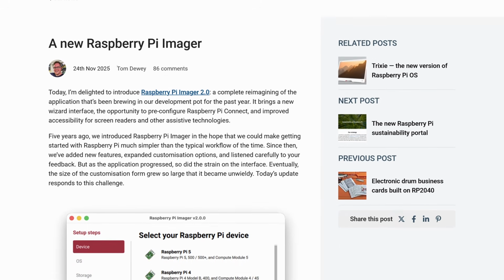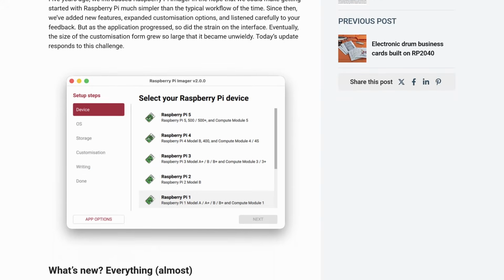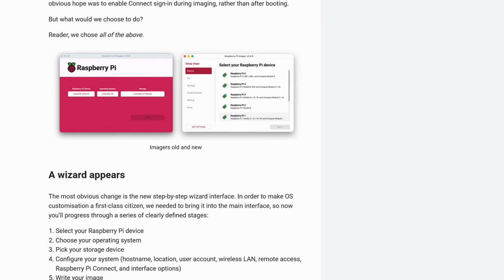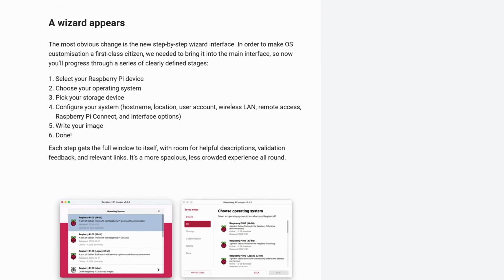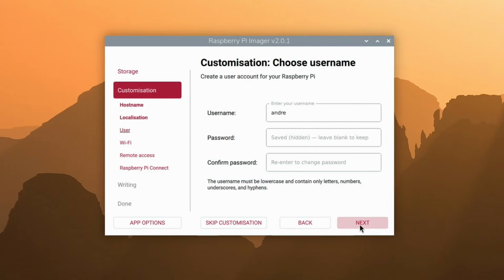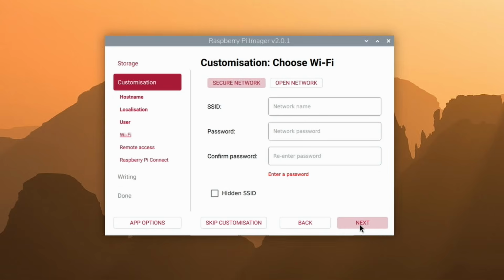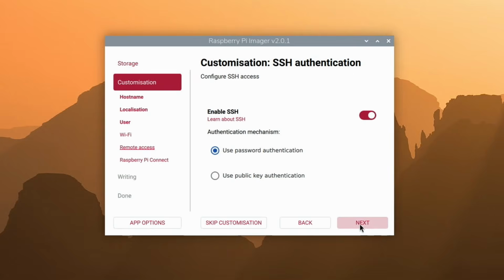Raspberry Pi recently launched Imager 2.0. Although the new Imager has a different look and feel than the first version, it functions pretty much the same way. The main difference is that it has more of a wizard interface and it walks you through the customization process. You can enter a username, password, Wi-Fi credentials, configure your SSH key, all the user stuff that you could